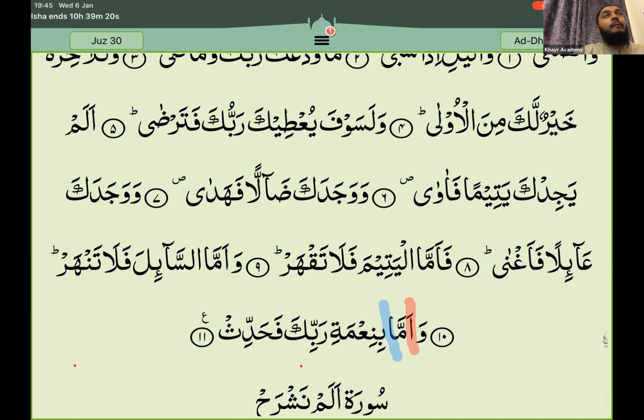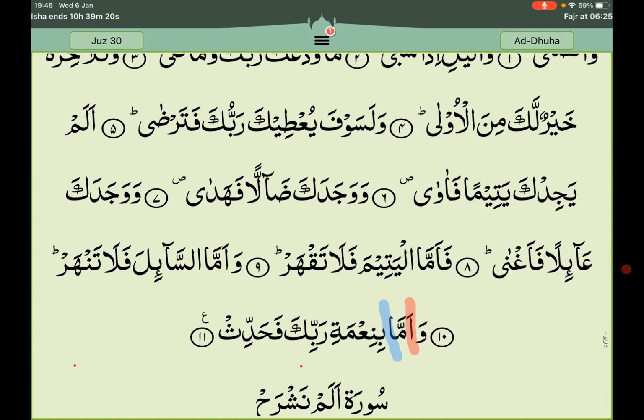Who asked this question? Brother Kibriya. Is this clear now? The hamza on top in front of meme, because it's making a sound, it's a hamza. But the alif after meme, the blue one, it's not making any sound. It's just there to tell you to make this letter long.